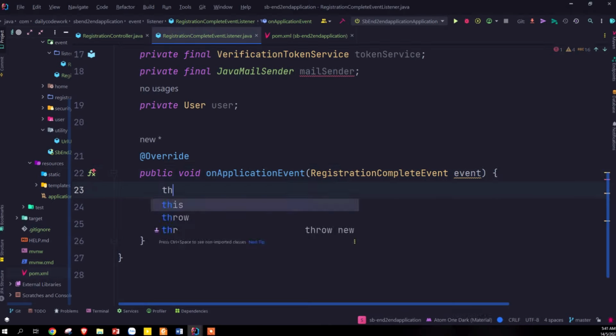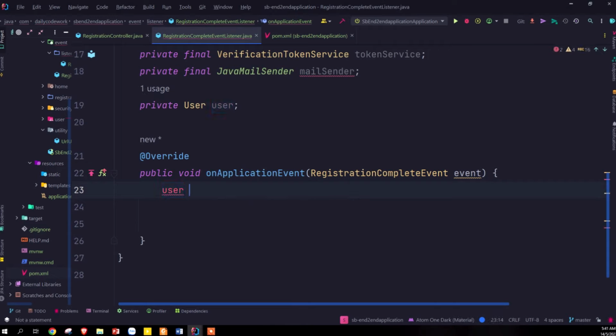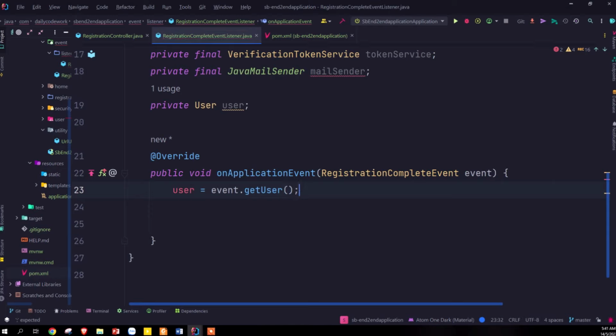Okay, so now what we're going to do here is, let's say user, we are going to get the user out of the event, right? Because event.getUser, so we're getting this user out of the event. And the next thing we're going to do here, after getting the user, then we're going to generate